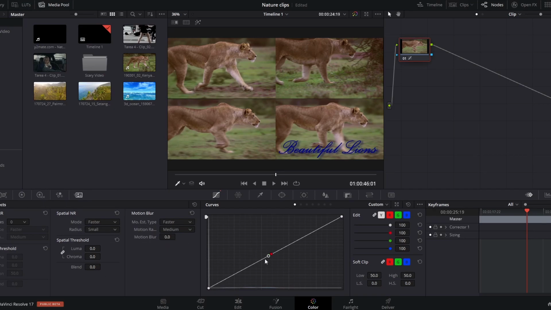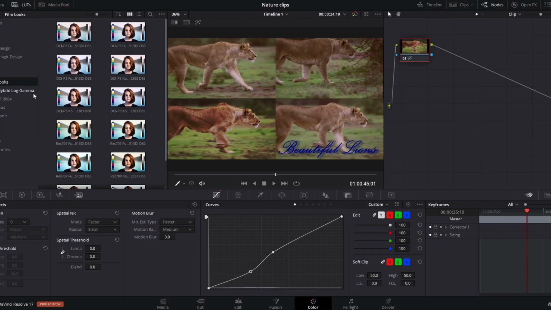And here we have our curves. We can adjust our luminosity. For example, make it more brighter in a place, or just play with these things. Let's say I wanted to make it a little bit darker right here. And for example, I will